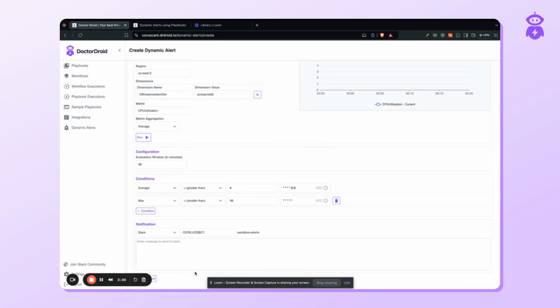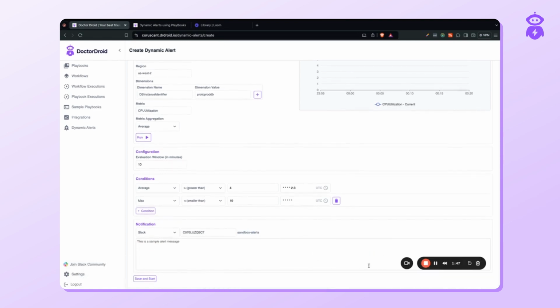I can add the source here and add the message here. This is a sample alert message. I want to send this message into the channel that I have just selected here, which is the sandbox alerts channel. So after doing this, I can just save and start the alert. If I click on this,